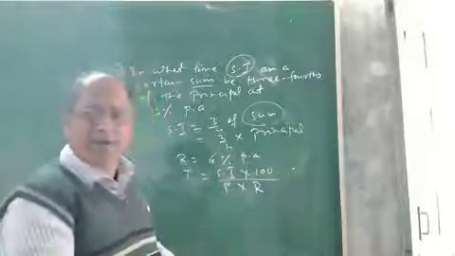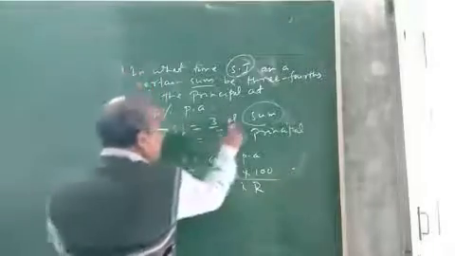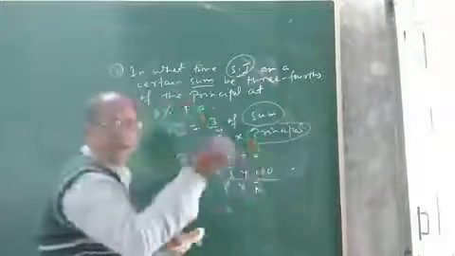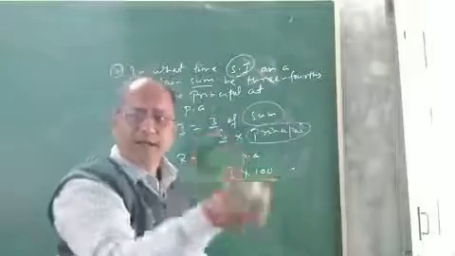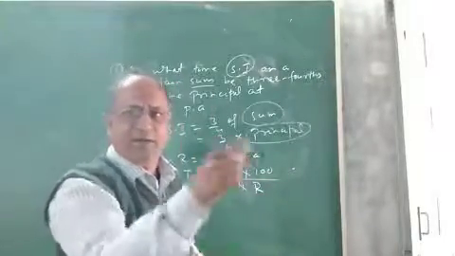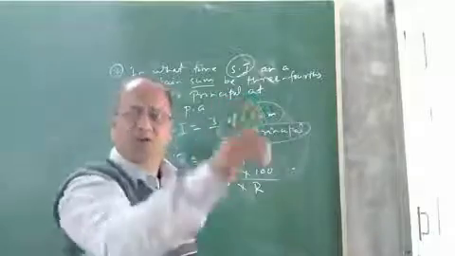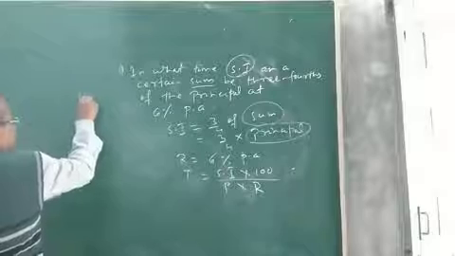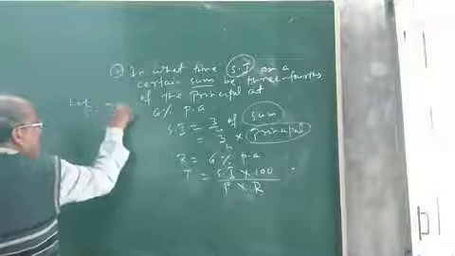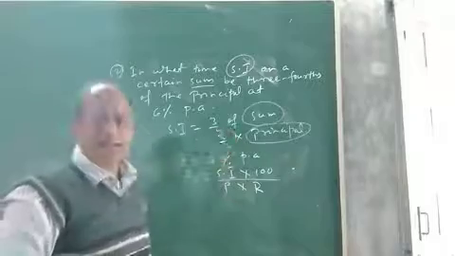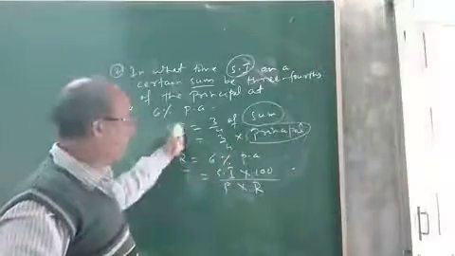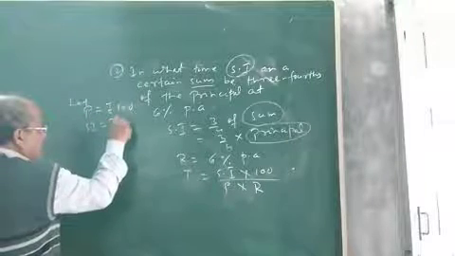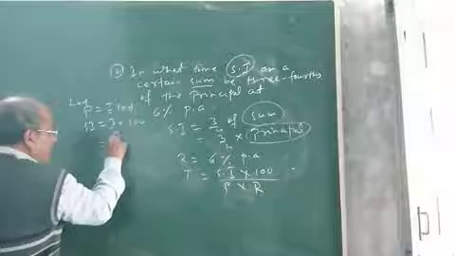Now how to find them then? As simple interest is given as 3 by 4 of sum or principal, first you take the sum or principal either as X or 100. In both ways you can do it. Either by taking the principal as rupees X or rupees 100, you can solve it. Suppose we take 100. Let the principal be 100 rupees. Now if principal is 100 rupees, then what will be the simple interest? It is 3 by 4. So therefore SI will be 3 by 4 into 100. It will be rupees 75.